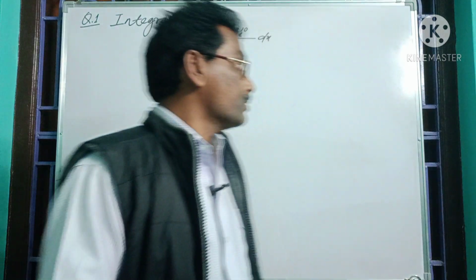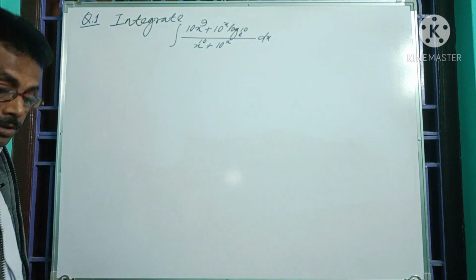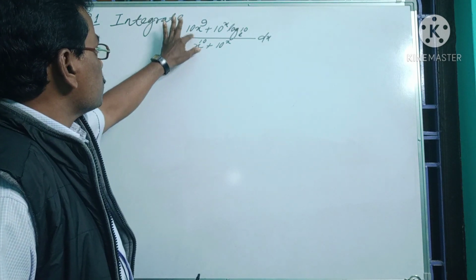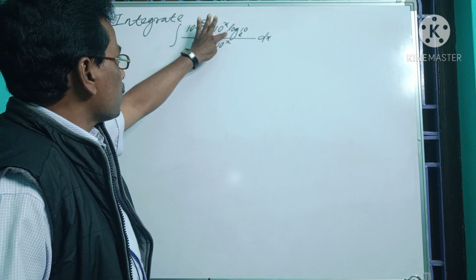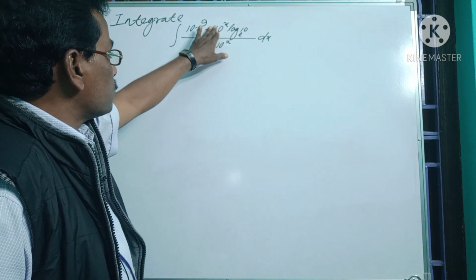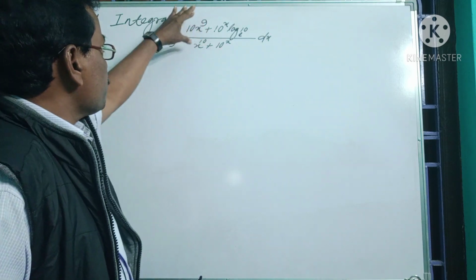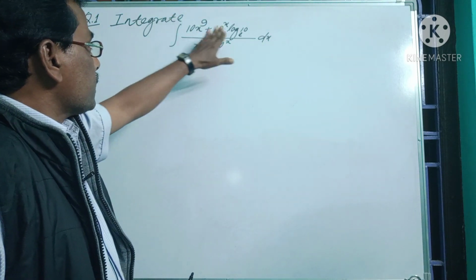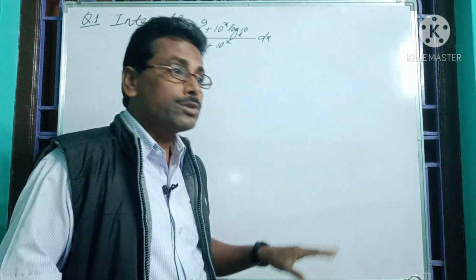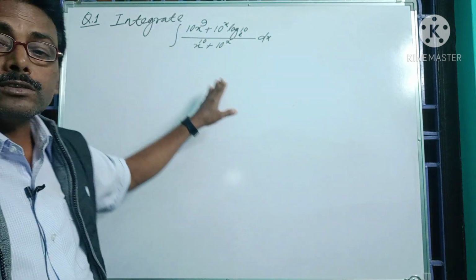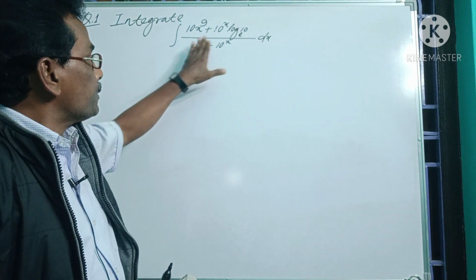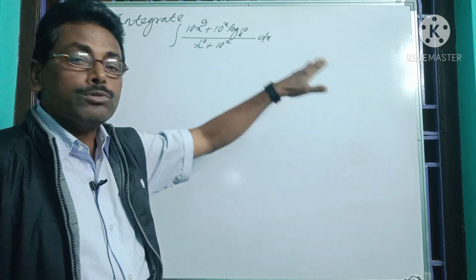Let us start with the first integrand, that is, let us try to integrate 10 x to the power 9 plus 10 to the power x log of 10 with the base e, divided by x to the power 10 plus 10 to the power x, with respect to x. Here the integrand contains a logarithmic function along with the exponential function in rational form. This integrand is not in standard form for integration, but let us try to integrate it by transforming it into standard form.